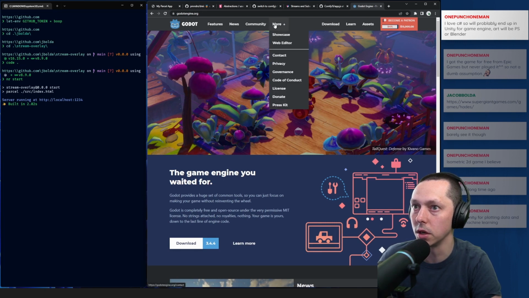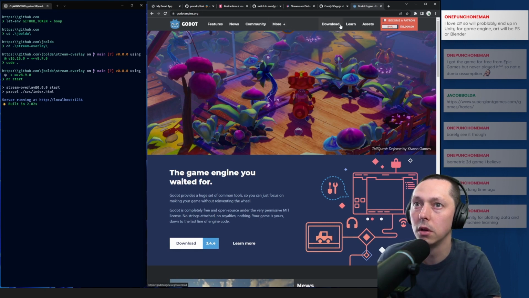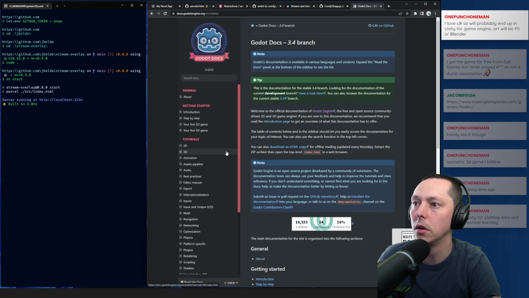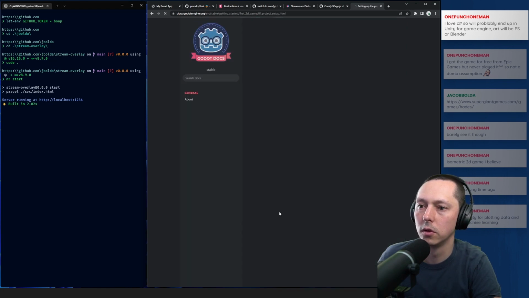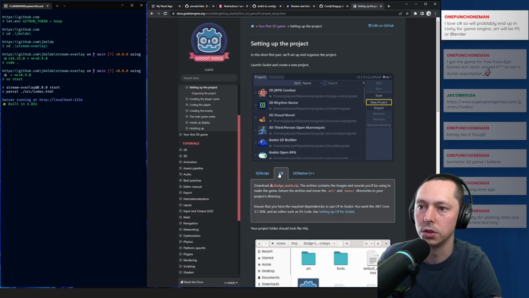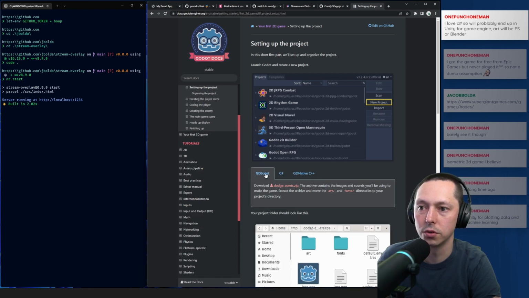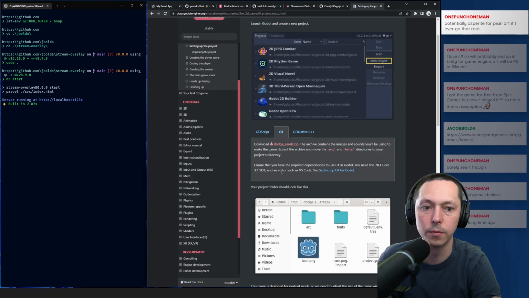I'm pretty sure there's a Godot Rust. They also have a GDScript thing, but C#.